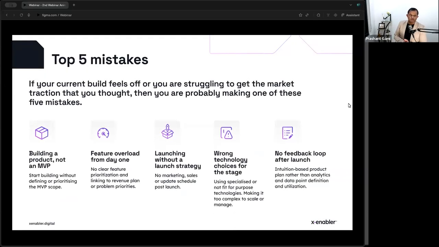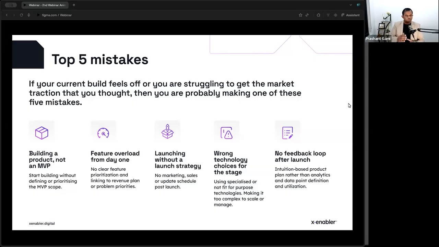So if you're currently building something, or you have done the previous 5 steps, you think you understand the market, opportunity, the cost and the benefit of doing that, and you have a team that can actually execute, but you don't know how to start building, or you are building and you are halfway through and suddenly it feels like, I don't know if whatever I'm building will be enough. Do I need to build more, or do I need to build something different, or AI is changing the game, or whatever you are feeling, or you feel like you have finished the build, but you're not able to get traction.